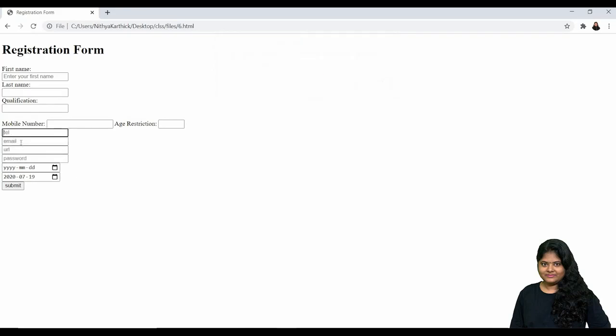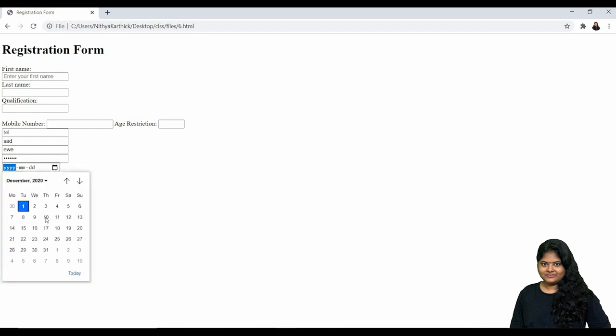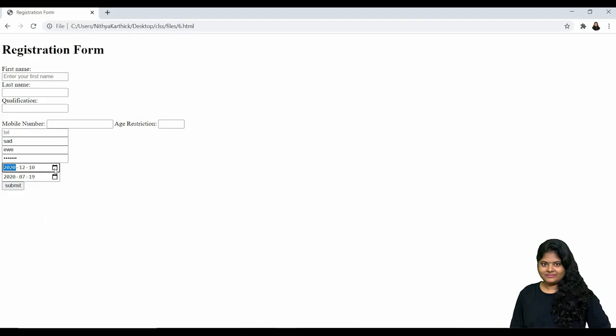Alright, so this is for tel, email and URL. This is for telephone, this is for email ID. While submitting you will be caught with an error here, right? Here is the password, so it shows in dots. Here is a date, we have given two types of date. For this you can choose like this.